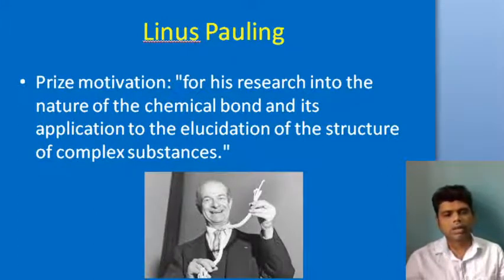This valence bond theory would answer us. I told you that he got 2 Nobel Prizes. One is the Nobel Prize in Peace, and another one is for explaining this valence bond theory. Very few got these 2 Nobel Prizes. That's a rarity also. Even Marie Curie got 2 Nobel Prizes, one in chemistry and one in physics. And the motive behind giving this Nobel Prize in chemistry is he could explain the chemical bond